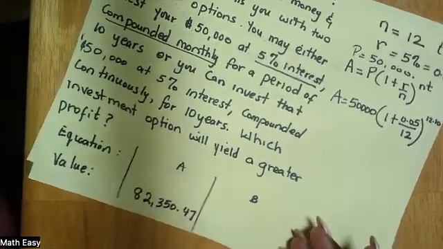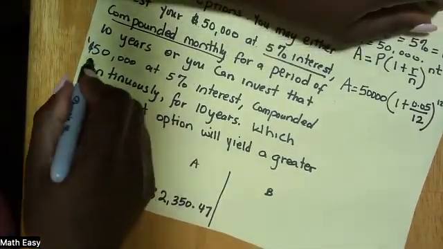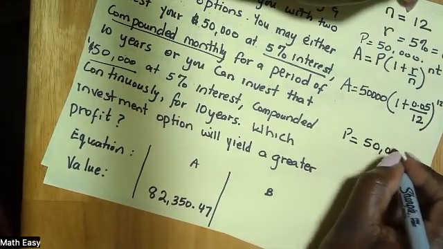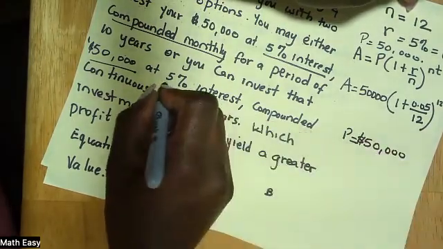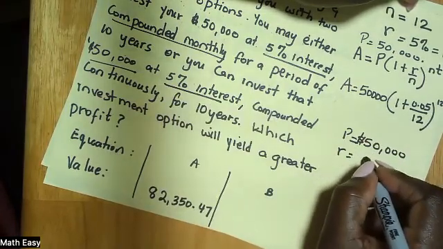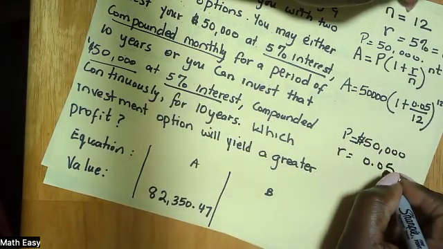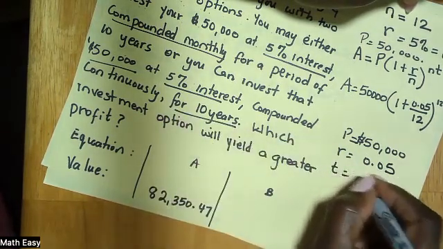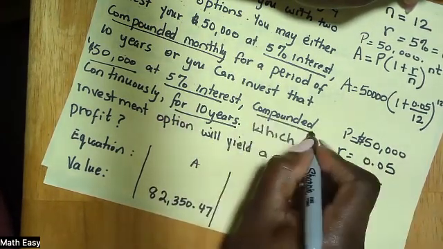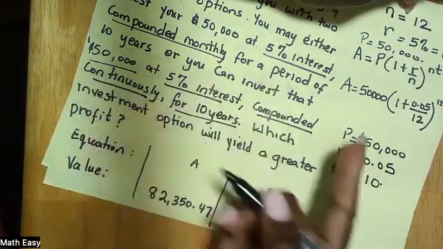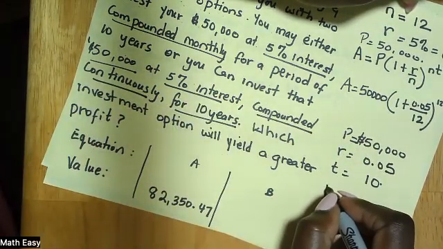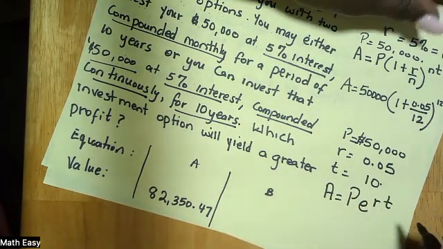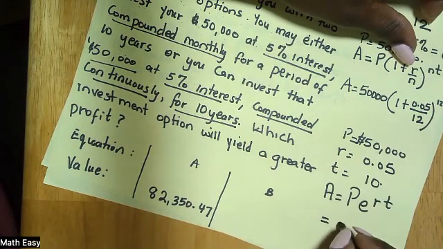Let's see what we have for option B. Our startup amount is $50,000 again. Our interest is also 5%, so we know that is 0.05. Our time is 10 years, but it is compounded continuously. Here we are going to use the formula A = Pe^(rt). Substituting what we have,